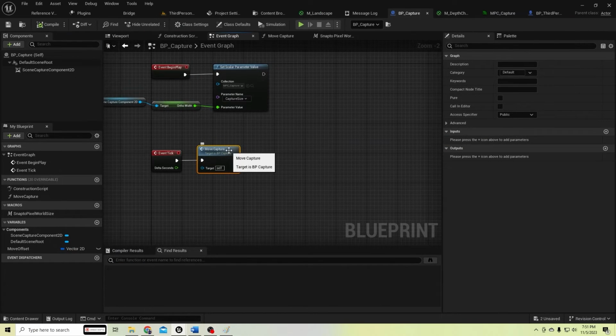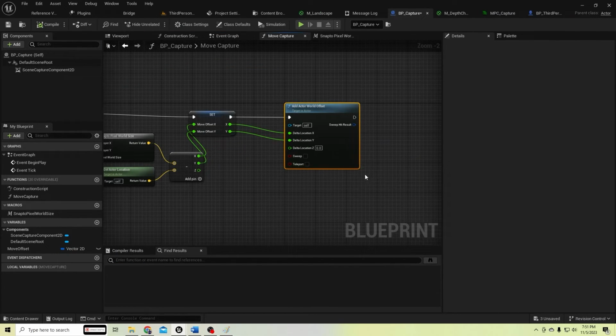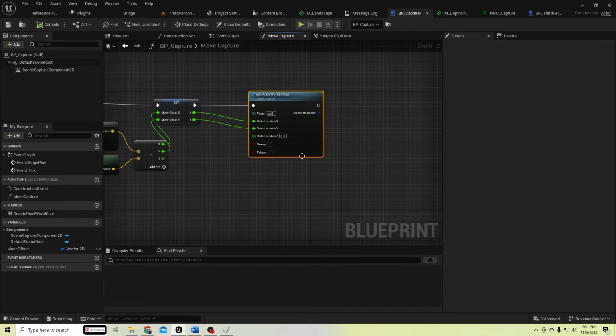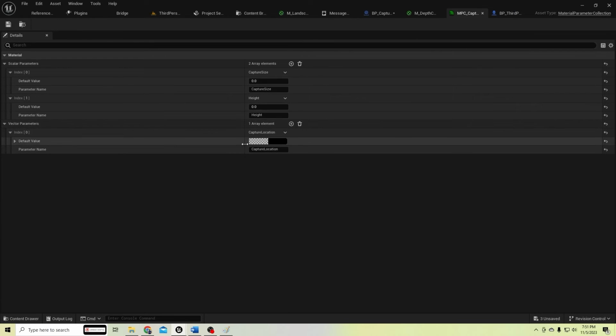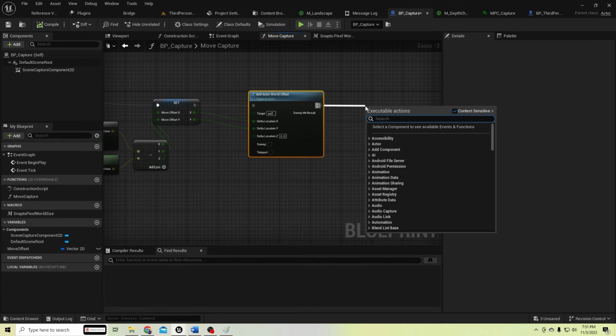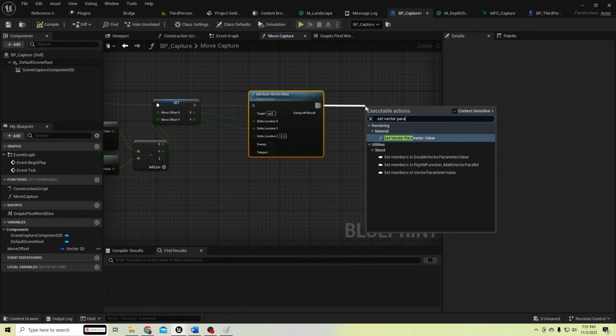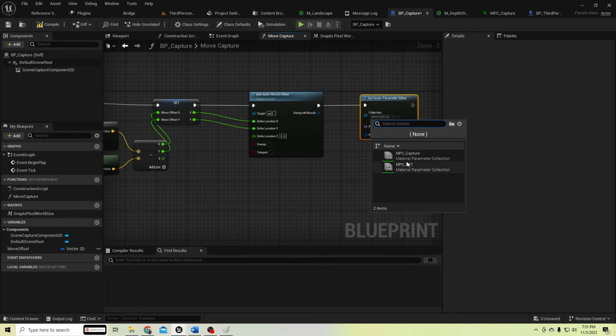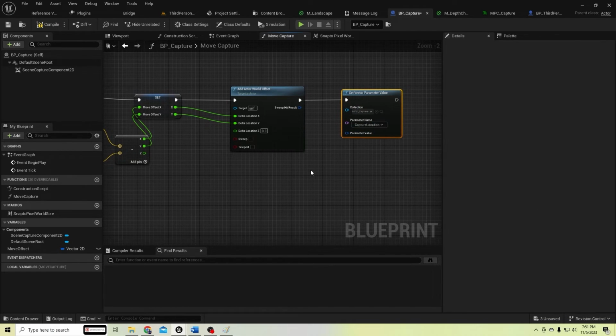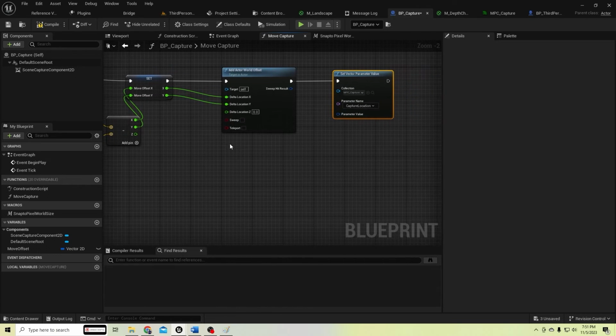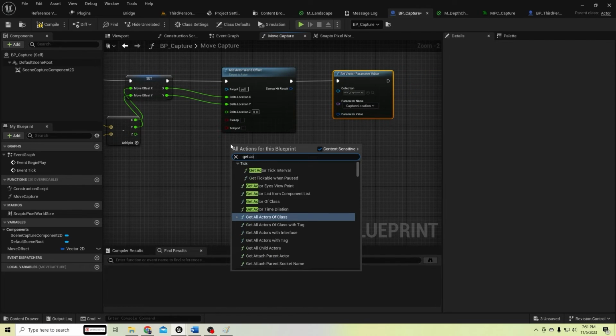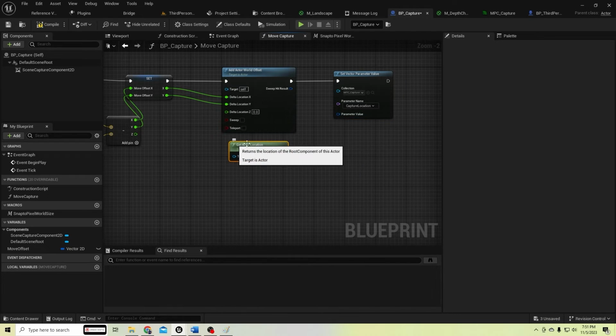To do that, we need to store the player's offset in our material parameter collection as capture location. So let's set vector parameter value for this material as capture location, and let's get the vector location like here, connect. And then